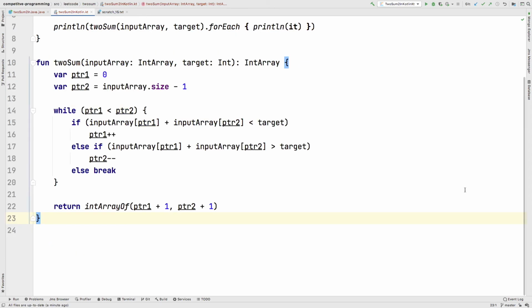Okay, so I hope the explanation is clear to you. The idea here is that whenever you get something in sorted form, you can start thinking on the pointer side, because by using pointers you can solve similar kinds of problems. Previously I have solved one similar problem, the Dutch flag problem. I will link that video in the I button, you can watch it from there.